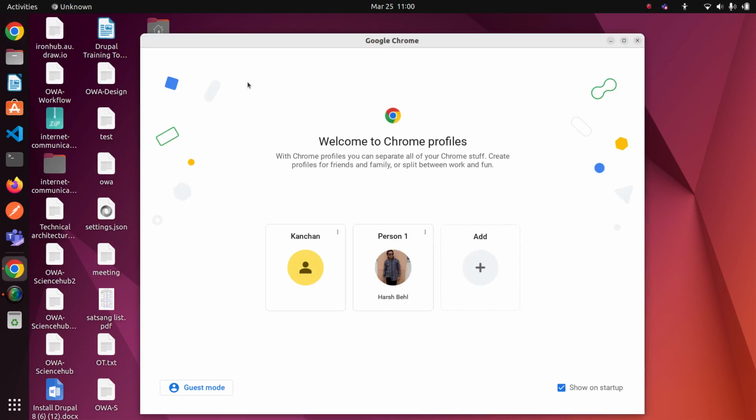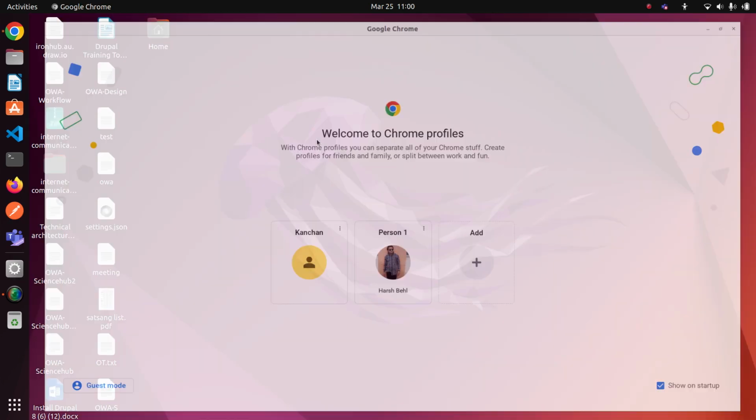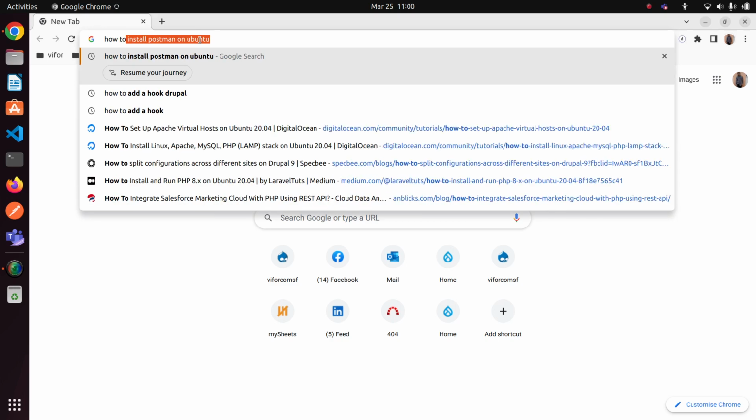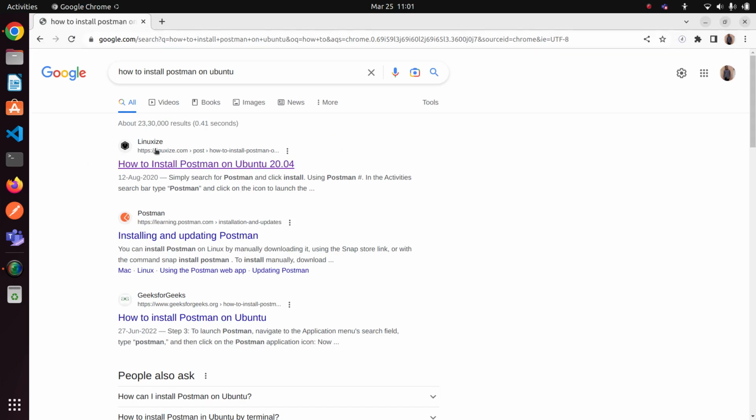First you have to select your browser, open your browser and choose one of your profiles and just type this: how to install Postman on Ubuntu. You will get this first link. Click on this link,